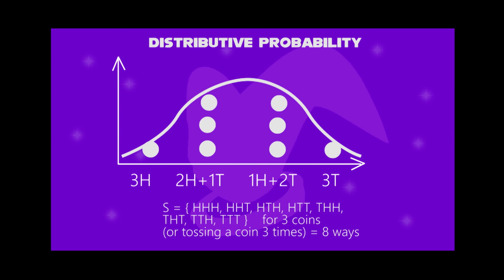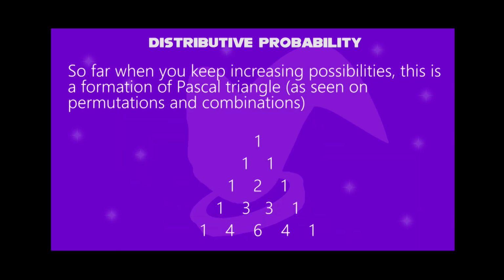If there are 4 coins, that is 16 ways, and the possibilities will keep on increasing. This is like a Pascal's triangle, from permutations and combinations. So you have learned how the